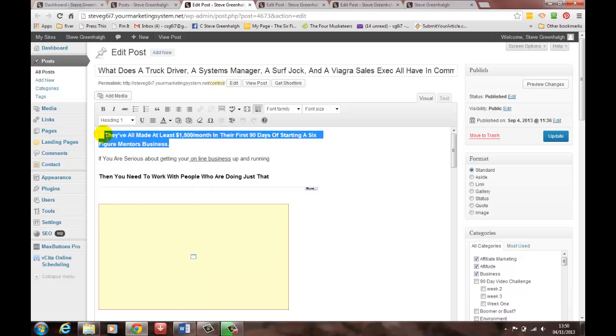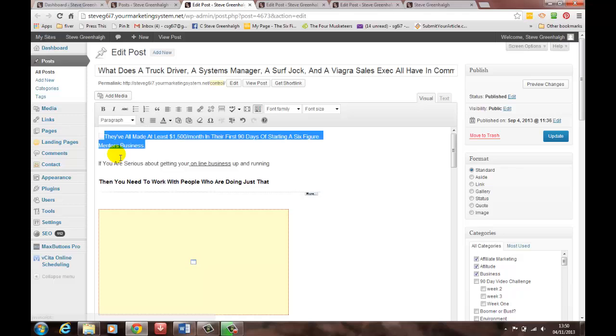Now all you do to add an H1 tag is highlight it, and if you look in this drop down menu here, you've got paragraph, address, pre-formatted, but here's your H1s, H2s, H3s and so on. H1, okay, so that does that one. H2,